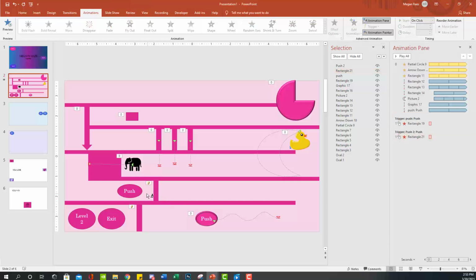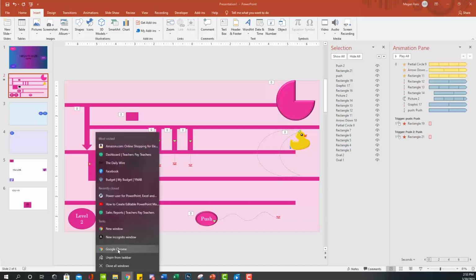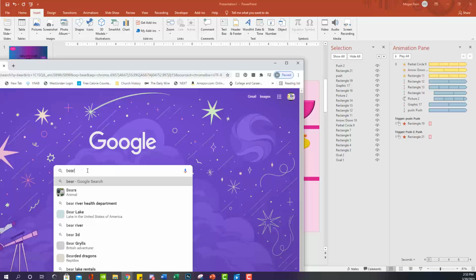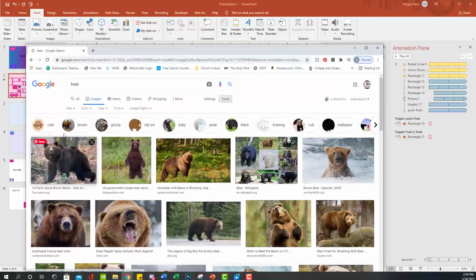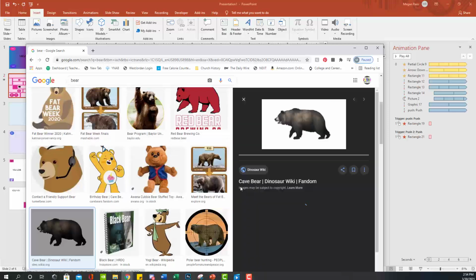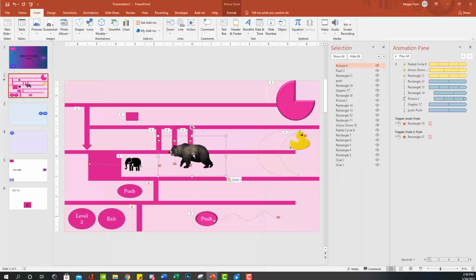Okay, so that one's set, yay, but I want to do something in addition to that. I want to actually create something a little bit shocking there. So let me go to the internet here and type in a bear. Okay, we're going to have a bear waiting there. So I'm going to go to images. Again, it's a good idea to go to tools and size, color, and do transparent, so you're getting transparent pictures. So I'm going to grab this bear, I'm going to copy him, put him over here,